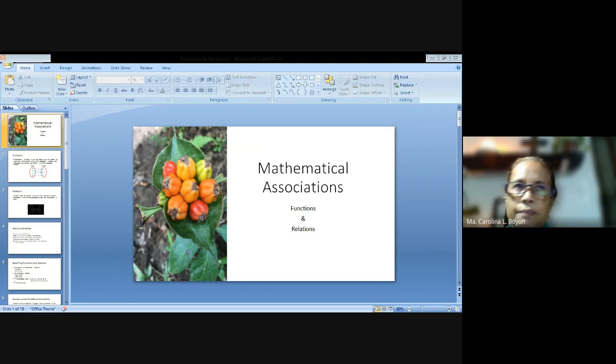So, taking the cue from the realistic understanding of association, we will also distinguish between functions and relations so that we would be able to have an easier time graphing and visualizing these types of mathematical expressions. Okay. I think you have had your introduction to this in high school, particularly in senior high. Okay, so what are